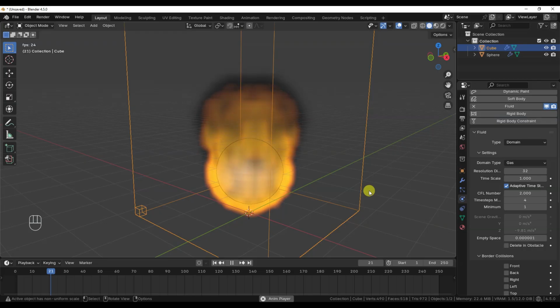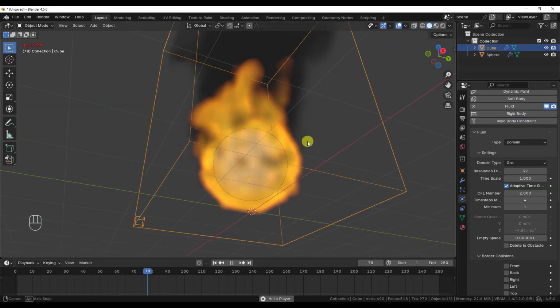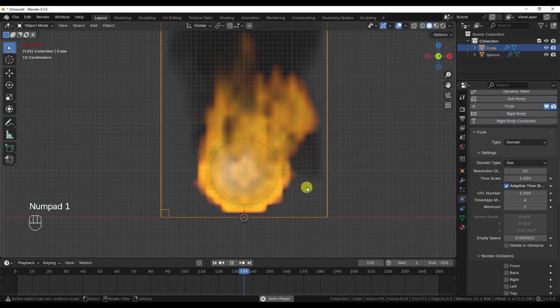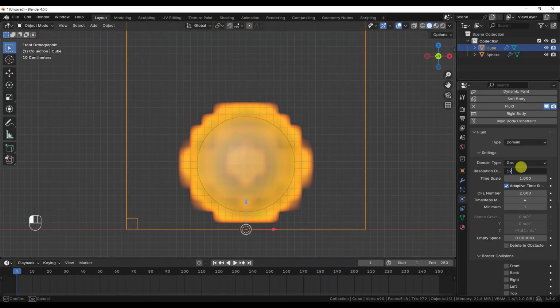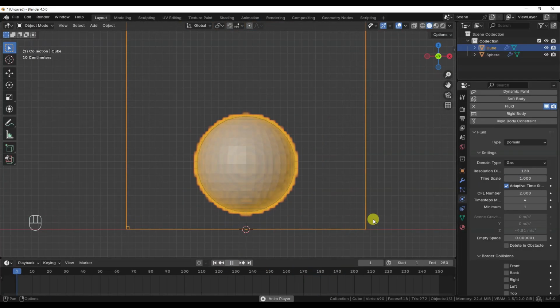Fluid simulations work by subdividing the domain's volume into small cubes called voxels. These are the smallest units used to calculate the simulation, so a voxel is the 3D equivalent of a pixel in 2D images. As with pixels, a higher number of voxels for a given volume results in better quality, but at the cost of more computational power and disk memory.